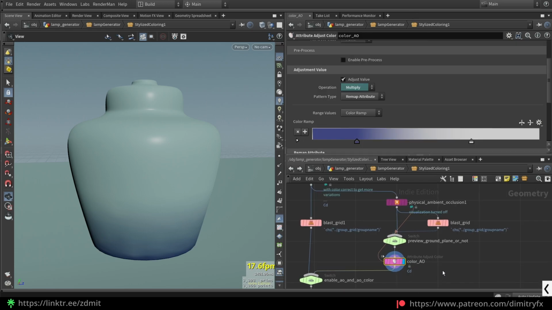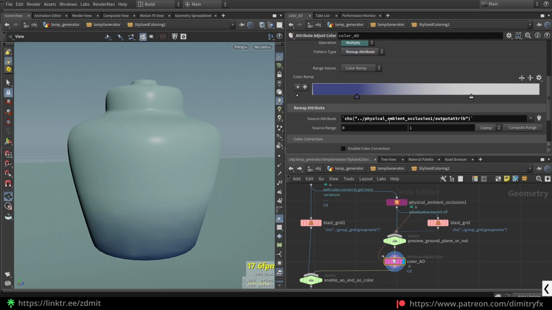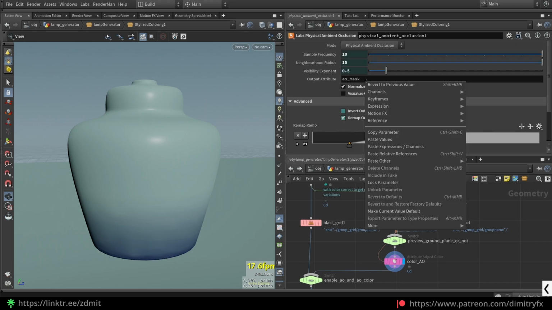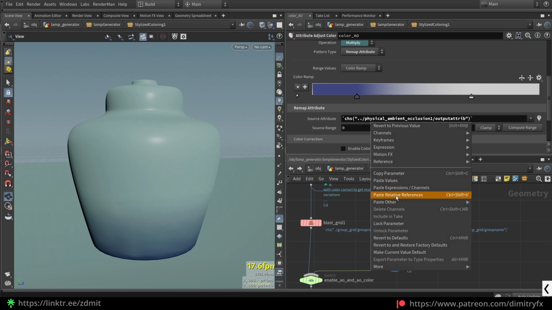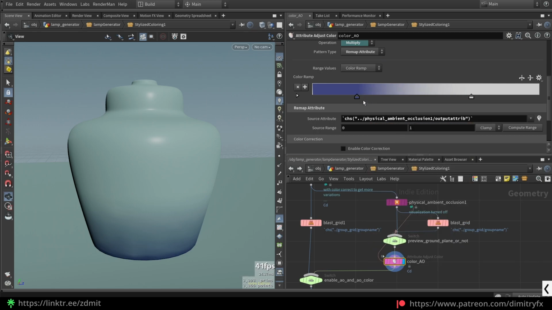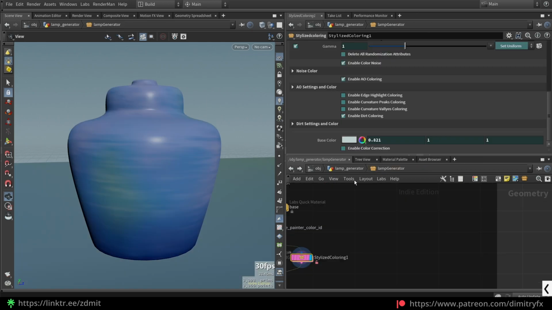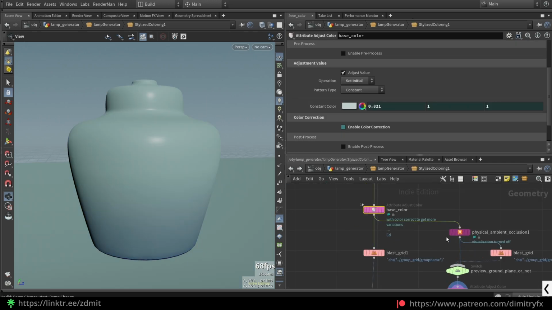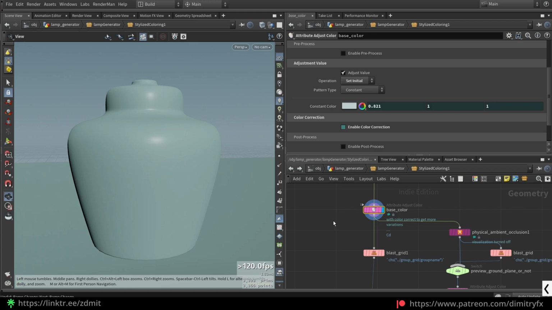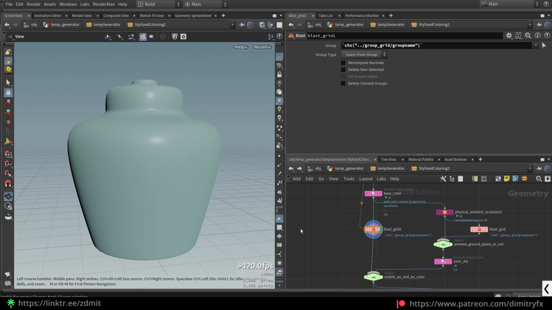And under the attribute adjust color, I'm using a pattern type to remap attribute. And under the remap attribute, I'm sourcing an attribute which is AO mask, and I'm copying the parameter based on a relative reference here. And now I can do whatever I want with this mask provided by the ambient occlusion node. And I expose these parameters to the upper HDA level. So, before ambient occlusion, I'm providing a base color. After that, I'm blasting the ground plane here,